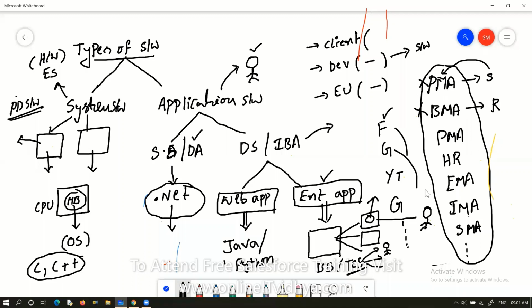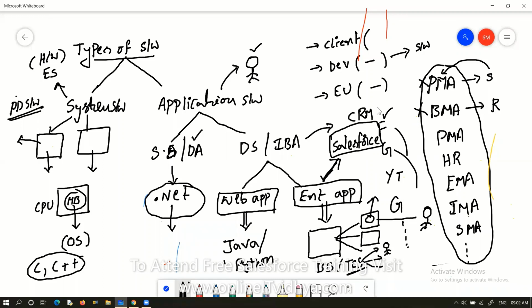This is a new angle for you. So which technology is very famous for developing these enterprise applications? Salesforce. Salesforce is very, very famous. Actually, initially Salesforce was introduced to develop CRM applications.